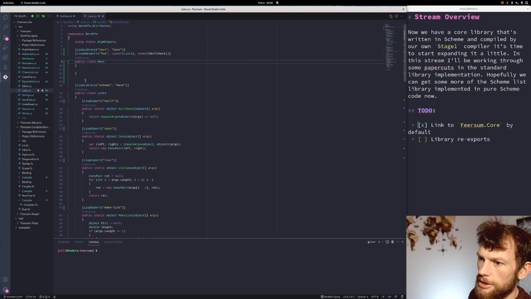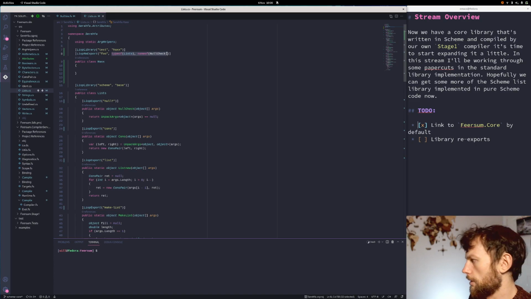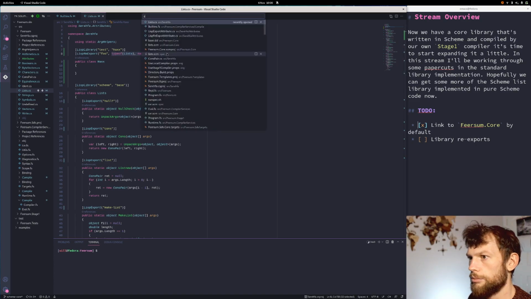And then when someone finds this signature, they'll say, if you try and re-export foo, we'd still be able to say the actual real thing that you're re-exporting would be type of Lisp, name of null check. I think that would work,